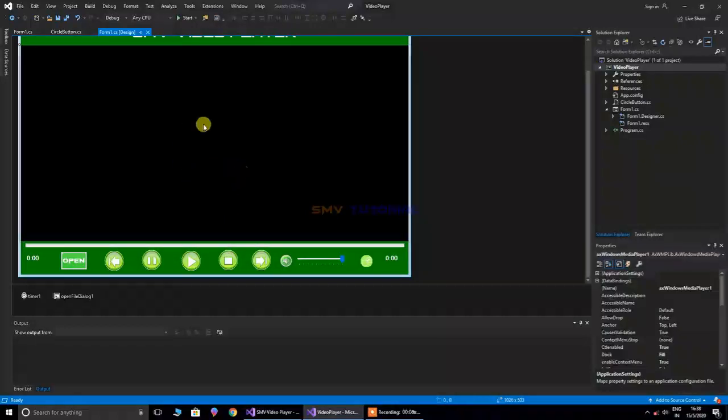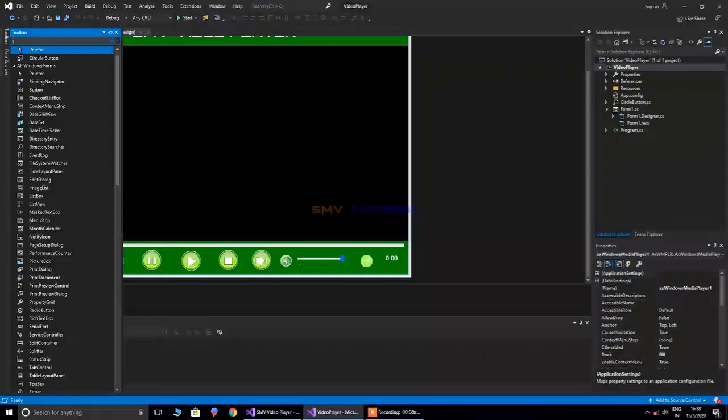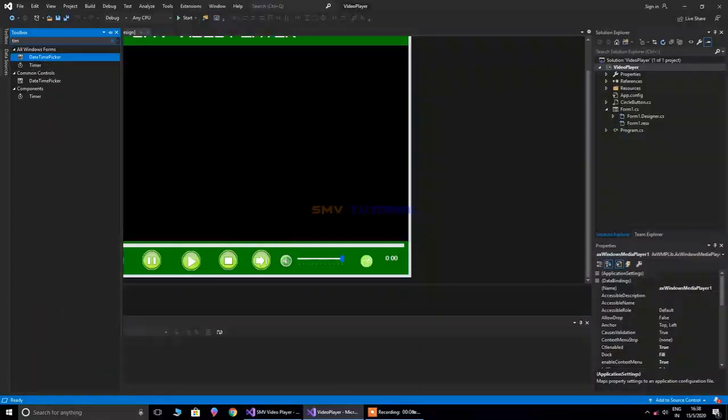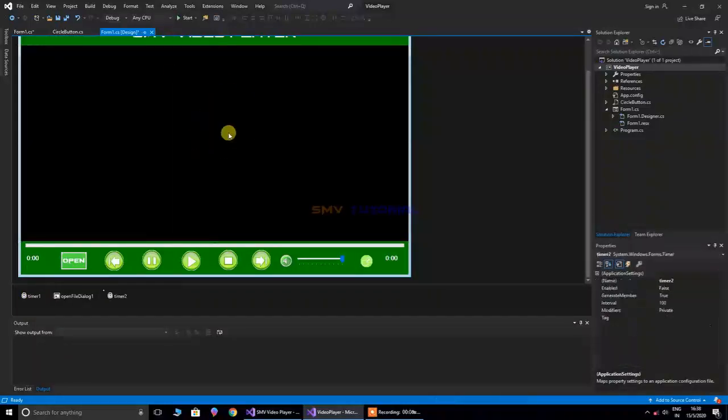First, you have some tools. Click the toolbar, search for timer, click timer and click the frame. Next, I set this timer on the timer tool, and next click this AX Windows Media Player frame and